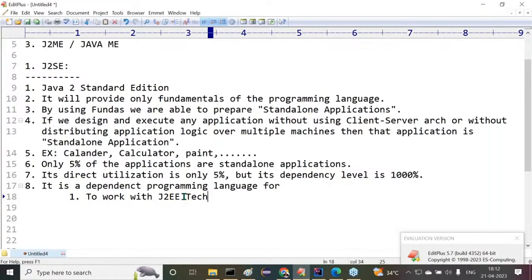If you want to work with J2EE technologies, what is required? J2SE is required. That's why I'm saying it is 1000% dependency level. It is required 1000% for other technologies. Observe carefully. And the other one, apart from that, to work with